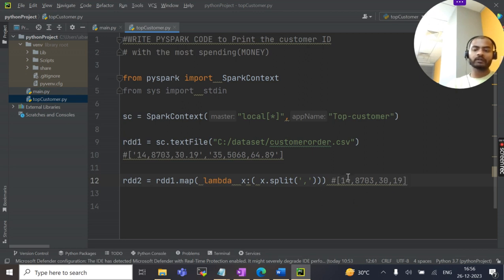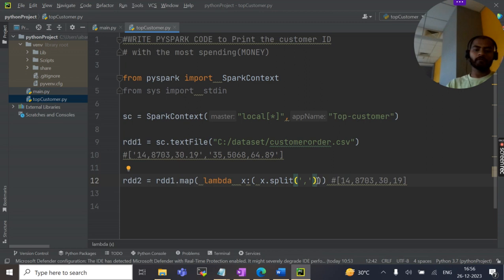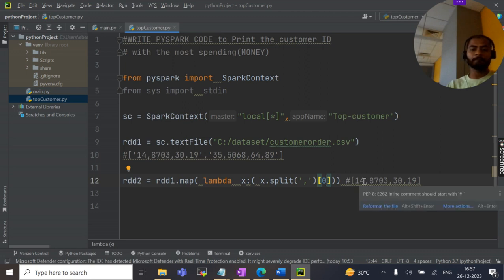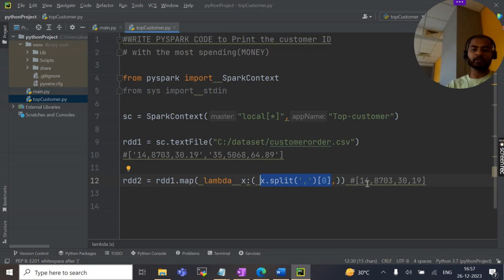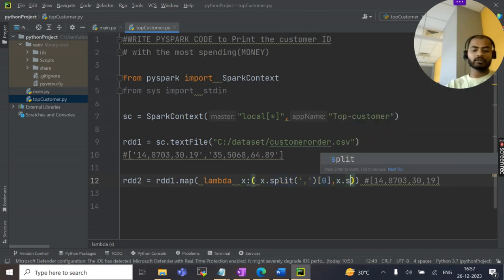Now from here we want this and this. So that's why we will fetch index 0. Index 0 means this customer ID. Again, comma, we are creating one tuple. So this is one thing. We are getting customer ID 14. We are getting customer ID from this thing, x dot split comma 0. Now again we'll write this x dot split